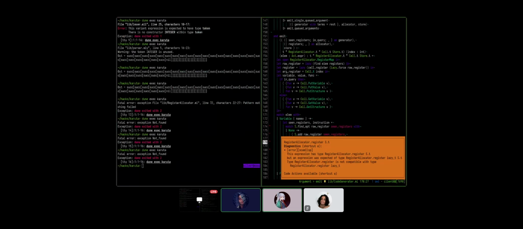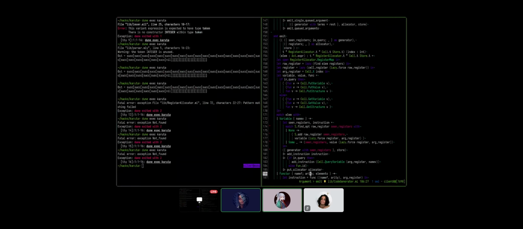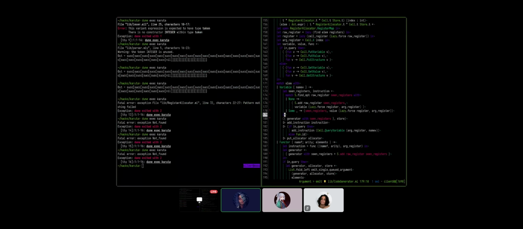Yeah, apparently the registers module doesn't have such functionality. It has this type, but it was expecting something else. Yeah, lazy once apparently. 174 is messed up. You need to put force in there. I'm almost making a separate let just for this nonsense. You're gonna have to do that everywhere, man.